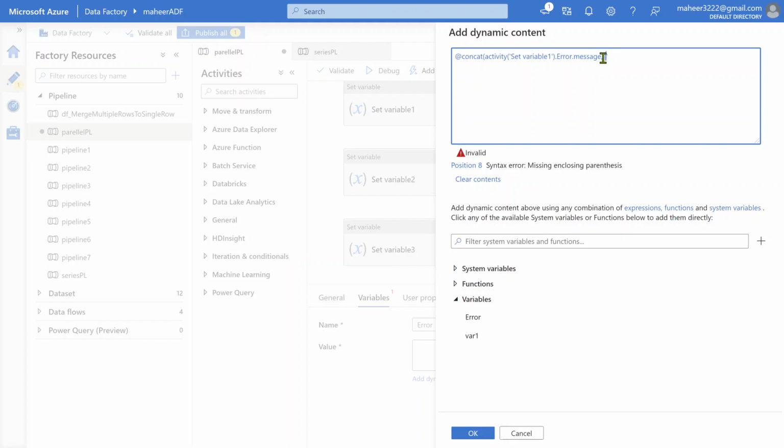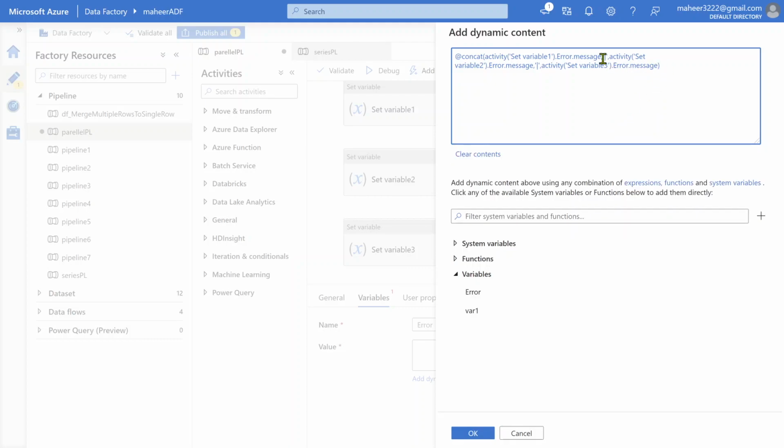So with maybe some separator, I am using the pipe symbol as a separator. Then this is activity 1 in my pipeline, then this is activity 2 in my pipeline. Then again let's concat this one as well with a pipe symbol, and then let's assume this is activity 3 in my pipeline. So all three activities are concatenated using the concat function. Okay, and I used the pipe symbol to separate. So like this you can concat.